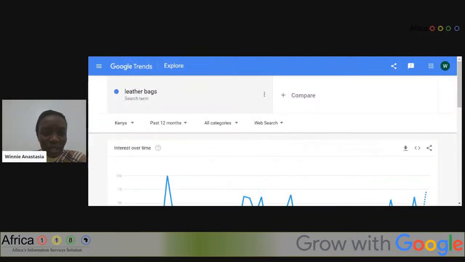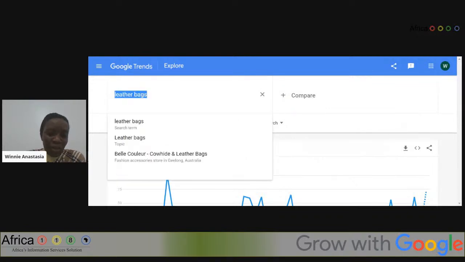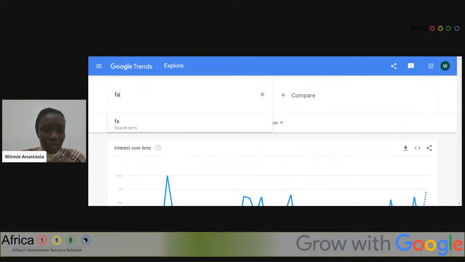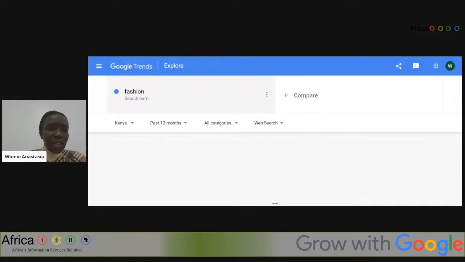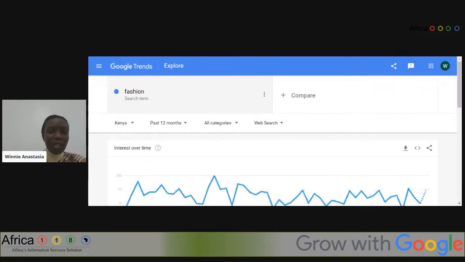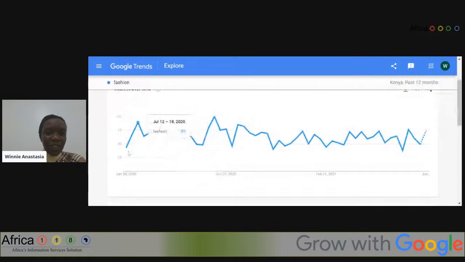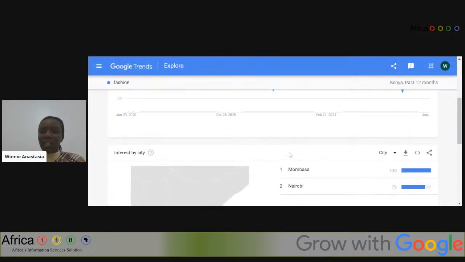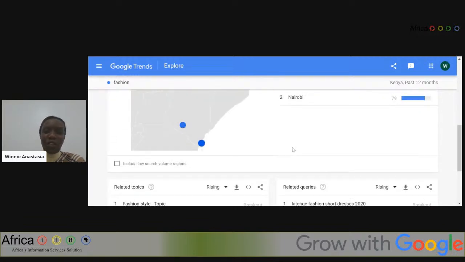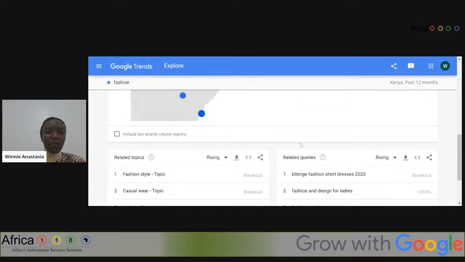So let us try to, and you can also compare with another search term. So let us also try to check out fashion. So how is fashion as a search term performing? You can see it's very rugged. It's up and down, up and down. For the month of last month, it has been falling. So you would want to find out as a business why it's falling down. So this is just some of the analytics you can get from